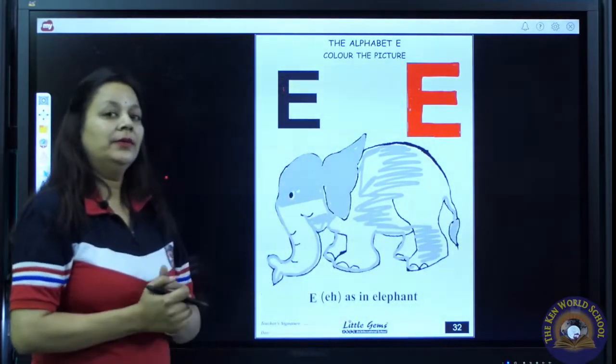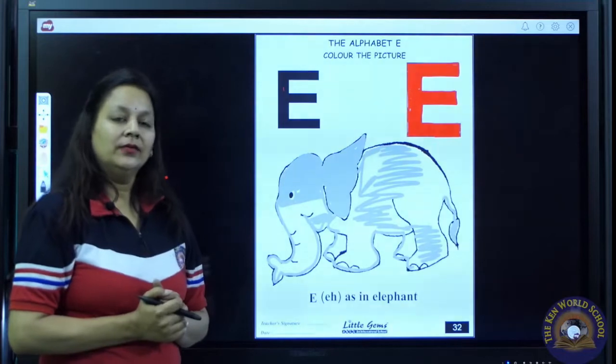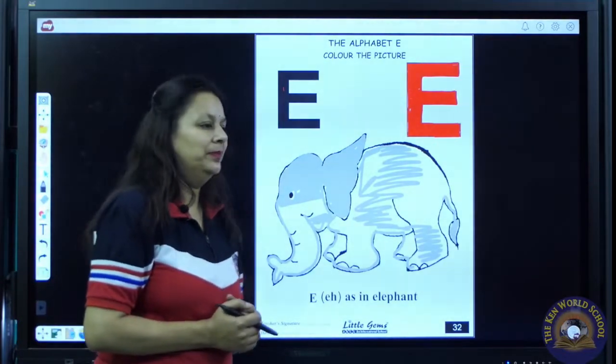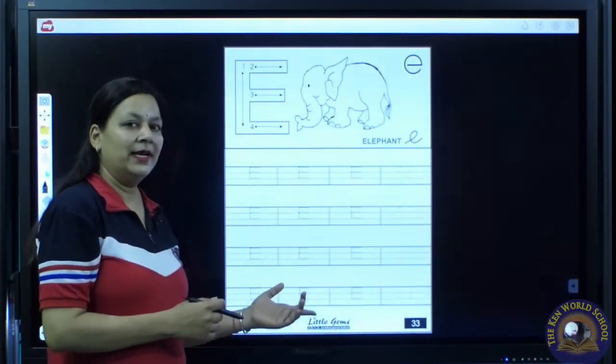Now, I have completed my coloring. Have you all done? Very good. Keep it up. Now, proceed to the next page.